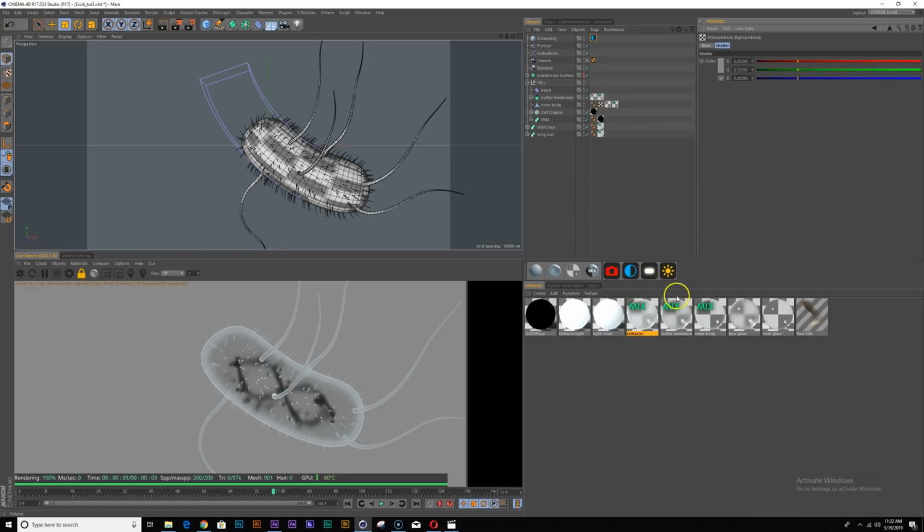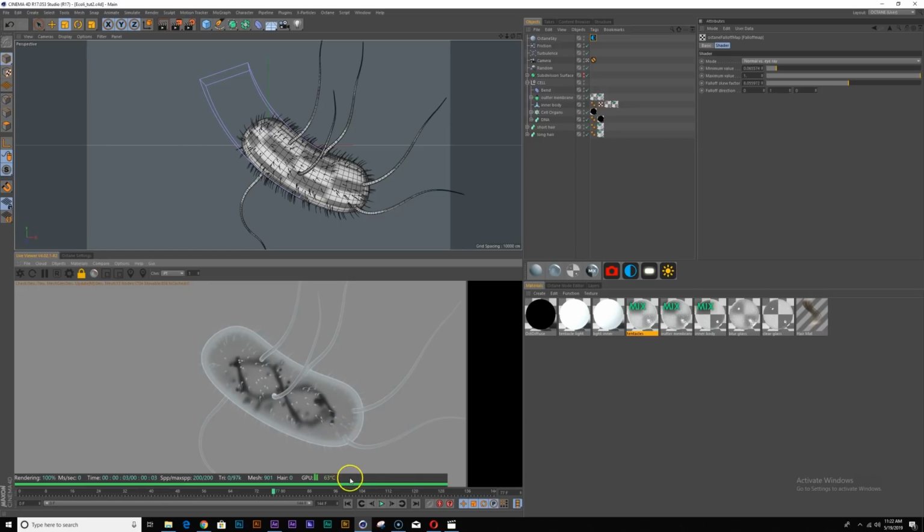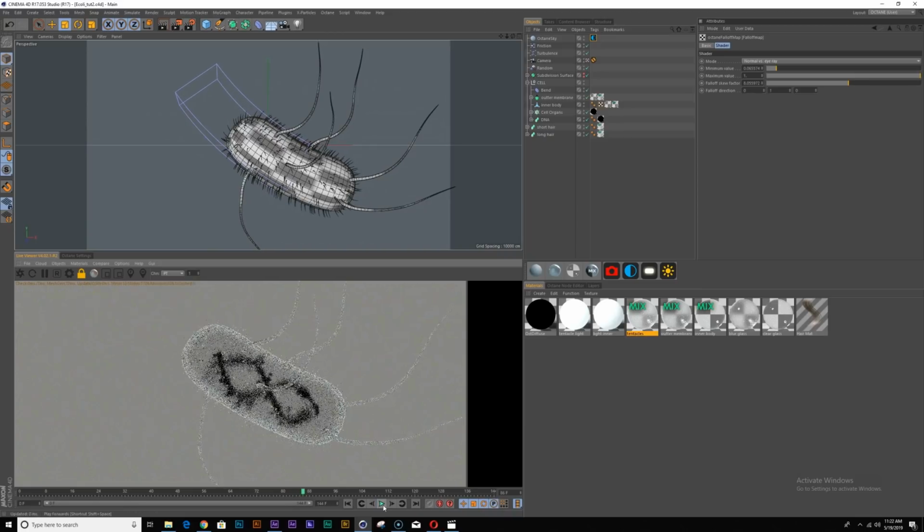Okay, cool. Yeah, so again, it's just a matter of fine-tuning these settings. But that's the general gist, and I think for the short amount of time that we worked on this, it's pretty good. It's pretty good.